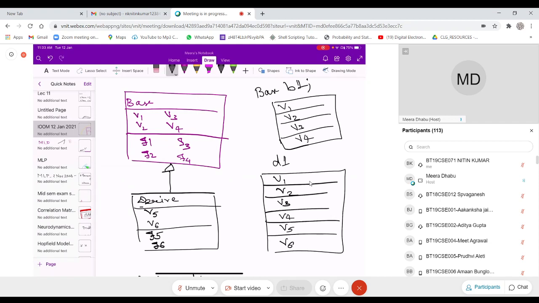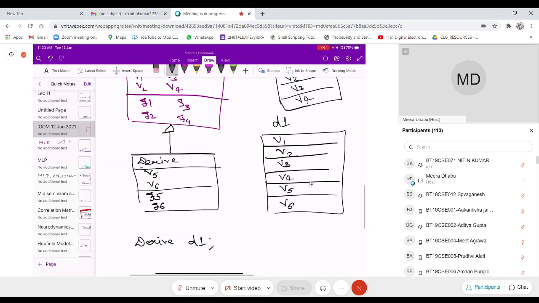Now assume that before deriving a derived class, you have one non-member function, say print.